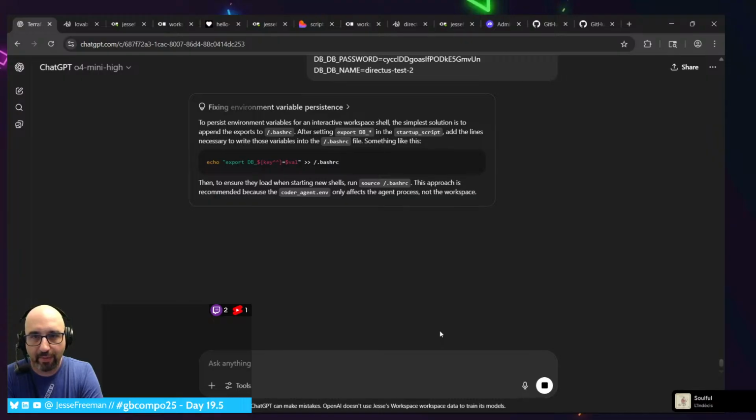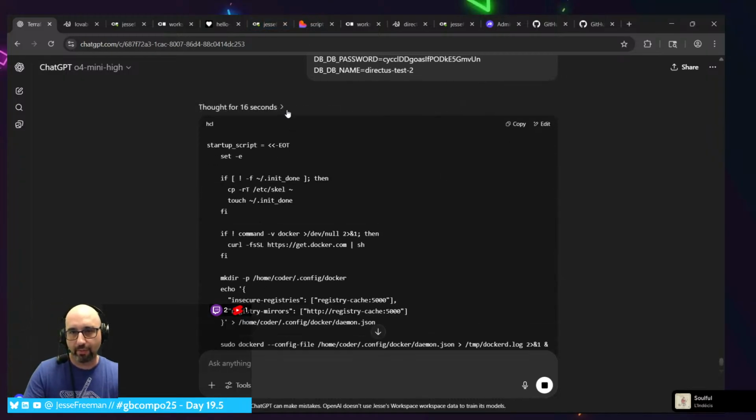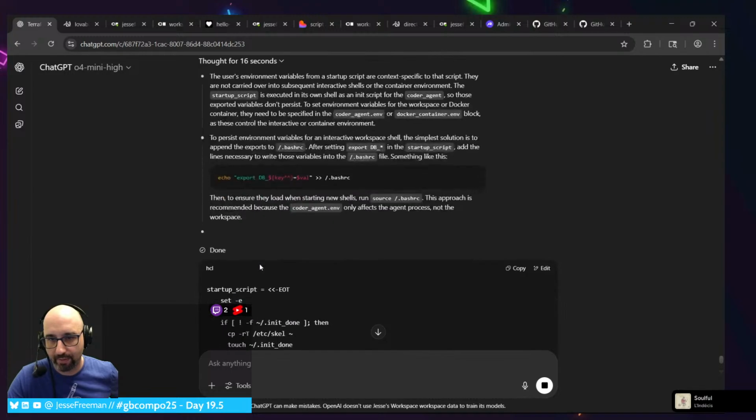To persist environment variables in the interactive workspace shell, the simplest solution is to append the exports. All right, well, why don't you tell me what... Yeah, I knew there was going to be something wrong with this. Add the necessary lines to those, then to ensure they load when starting a new shell. This approach is recommended because the code only affects the agent process. Okay, that was sort of what I was thinking.